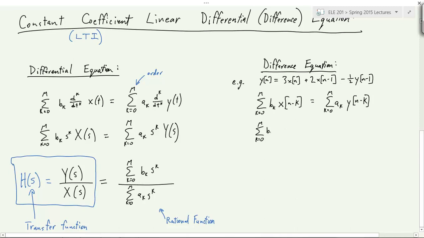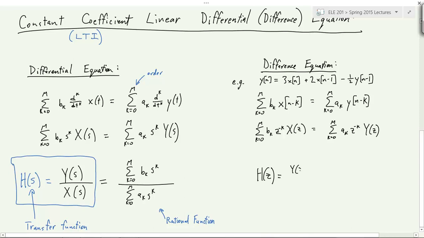Now, what is the time delay property for the z transform? A delay is multiplied by z to the power of the negative of the delay. So it's going to be z to the negative k times x of z, and that's going to equal z to the negative k times y of z. Again, you factor the x and y out, and you end up with h of z equals